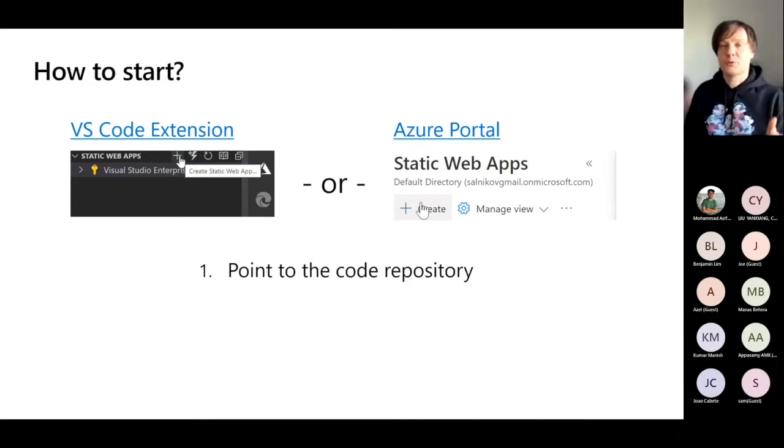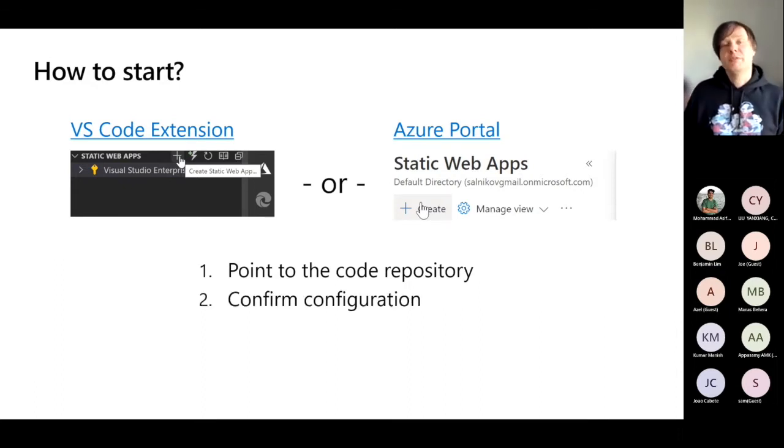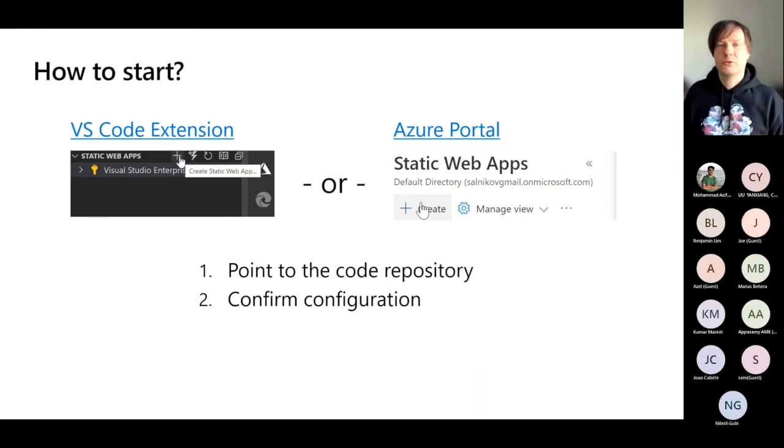So you just point to this code repo, you provide a few configuration options for Azure Static Web Apps to know about your application structure, like where the application is located in your code repo. Is it the root folder or maybe some subfolder if you use a monorepo approach?